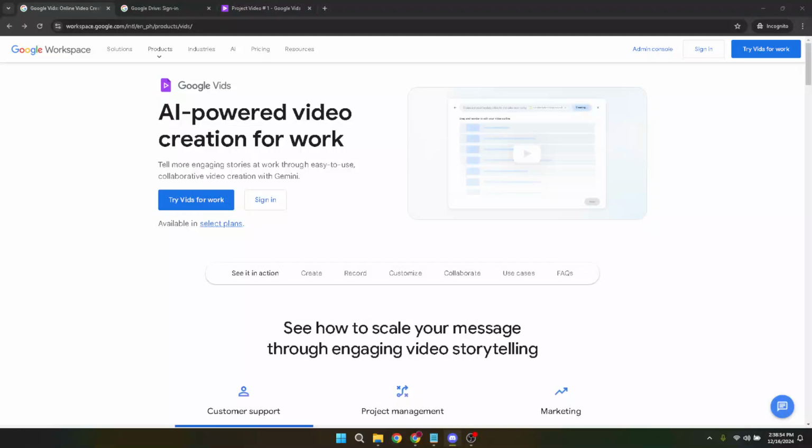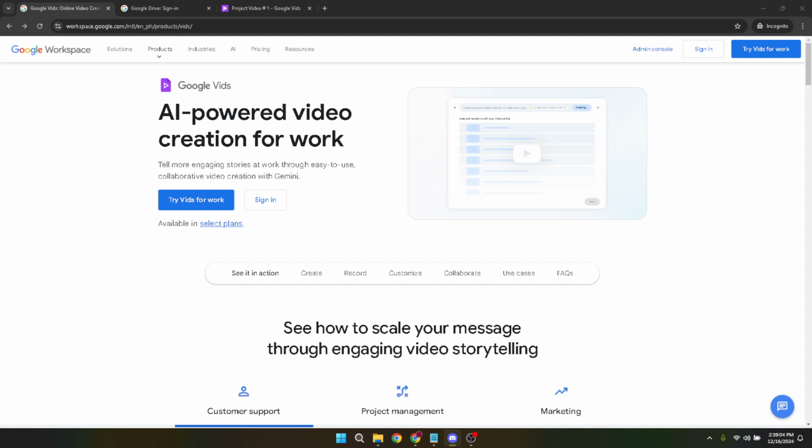In today's video, I'm going to teach you how to replace a video in Google Vids effectively and seamlessly. This task might seem daunting at first, but with the right guidance, you'll be able to do it like a pro in no time. Whether you're making updates to existing content or fixing an error in your video, follow these simple steps to ensure your Google Vids content remains fresh and up to date.